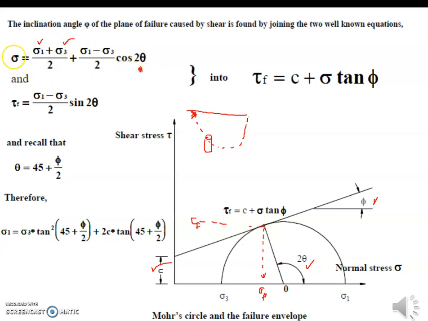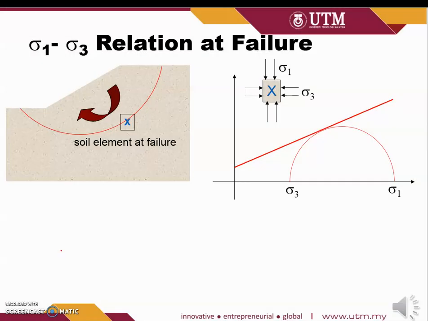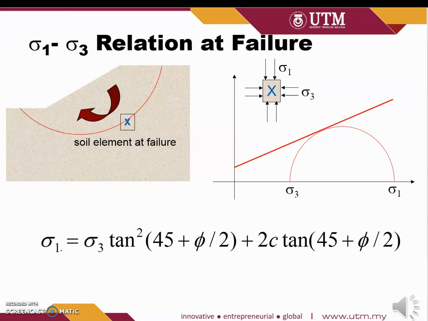So this is the equation for the normal stress at failure and also tau failure. And note that theta can be defined as 45 degrees plus the internal friction angle divided by 2. And similarly, we can relate stress 1 to stress 3 by using this equation. So I think I stop here for now. So until we meet again in the next